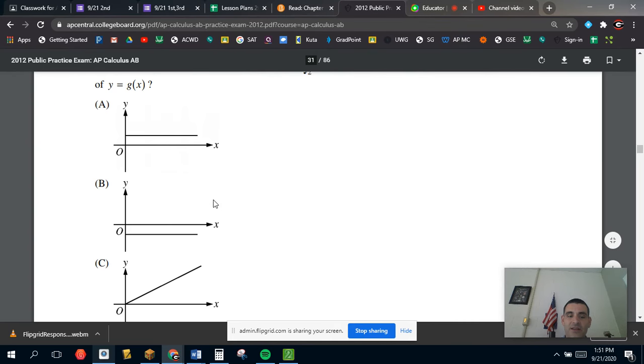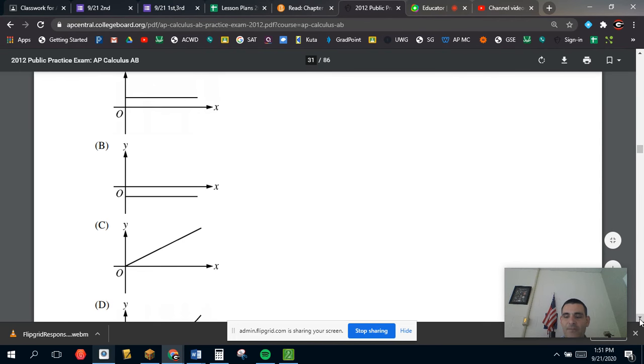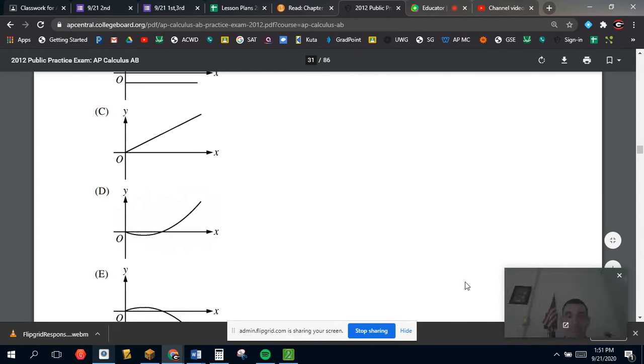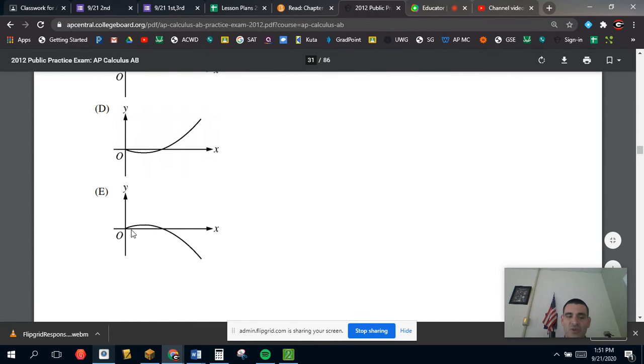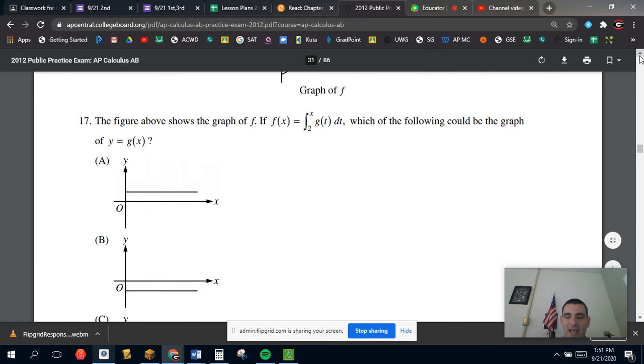B would be incorrect because it's a constant negative number below the x-axis. C would be incorrect. That's what we would expect if f were quadratic. D looks quadratic, or at least polynomial in nature. We don't know what happens over here, but we would expect that if f was cubic. And here's another sort of negative polynomial look. But the correct answer would be A there. I don't know how well I explained that, but again,